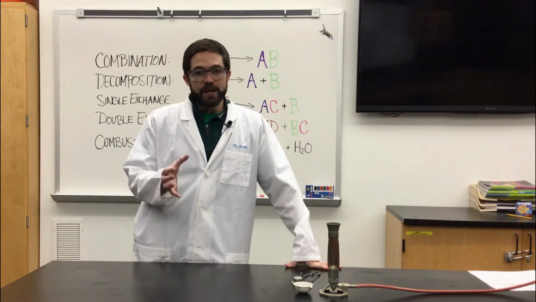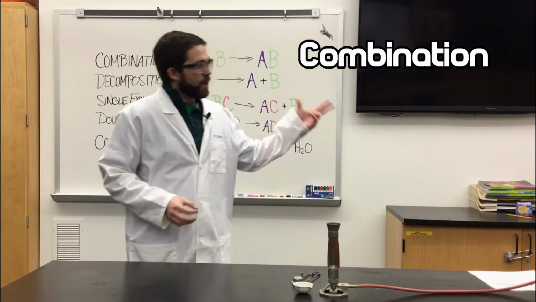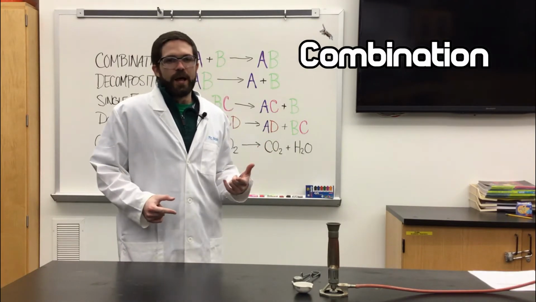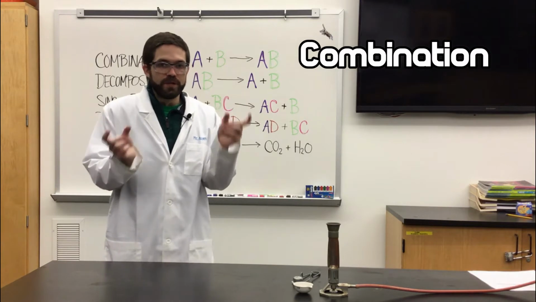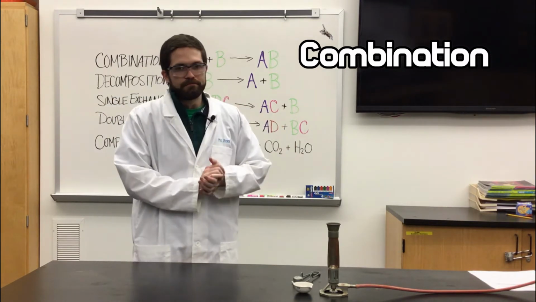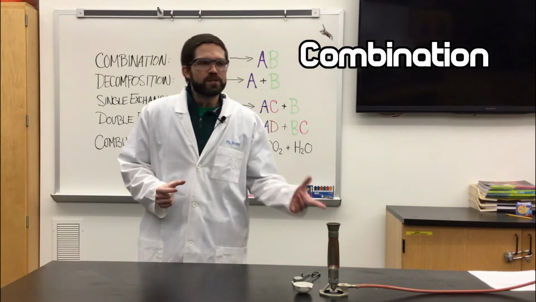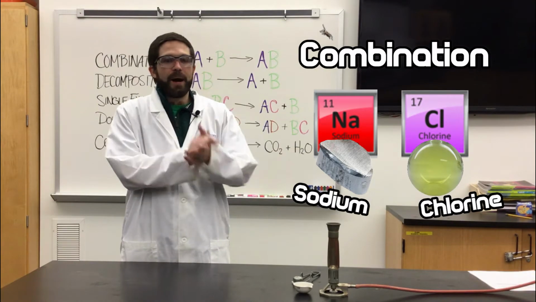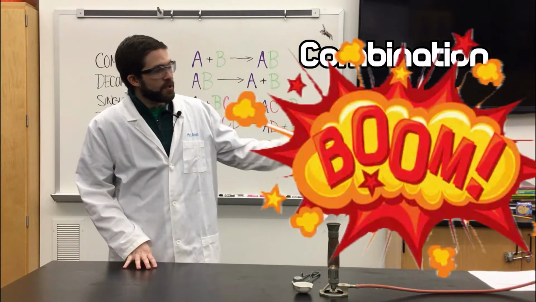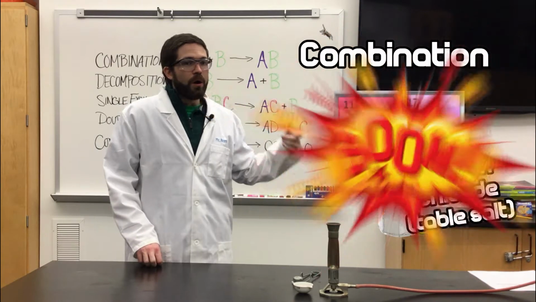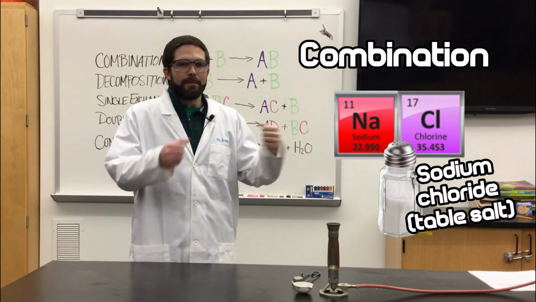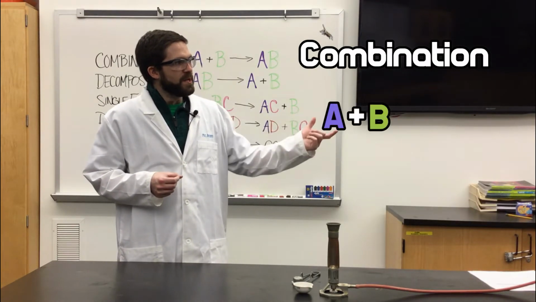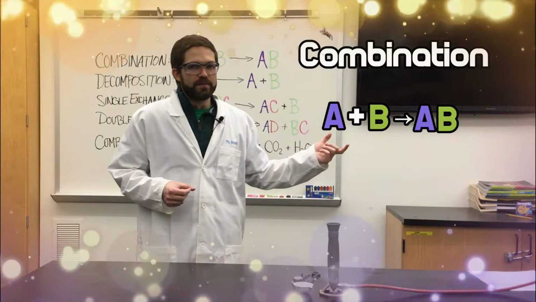Okay, so for our first type of reaction today, we're going to be talking about a combination reaction. In a combination reaction, you should be able to figure out what happens. We have two separate chemicals and they're going to combine. We start with two separate elements all by themselves, and they're going to end up combining together into something new, a new chemical that has all the elements on the reactant side too, but combined together in a compound. The formula for this is A plus B yields AB.